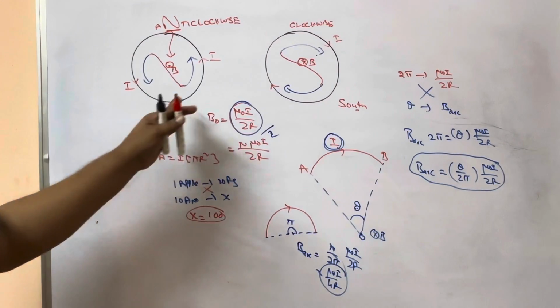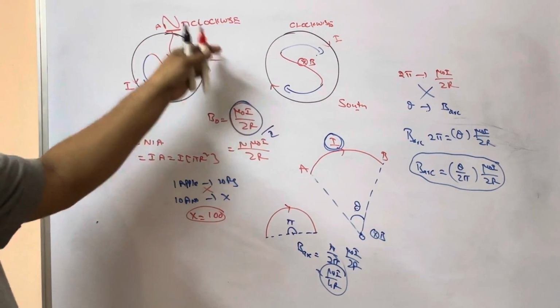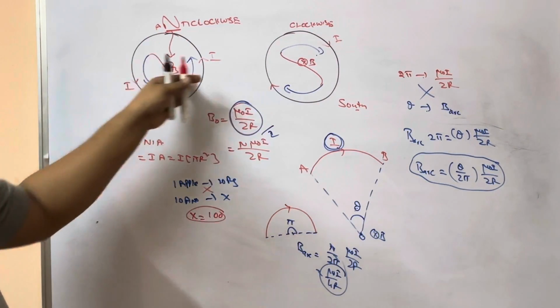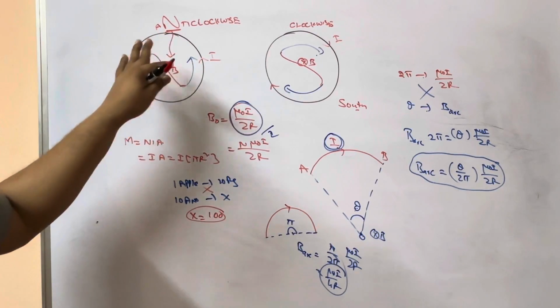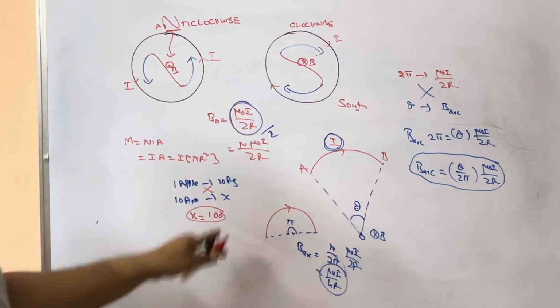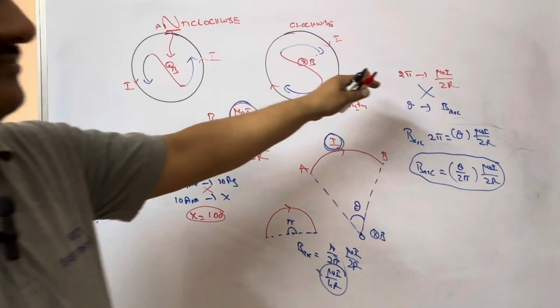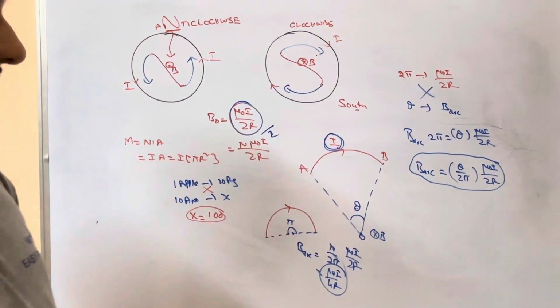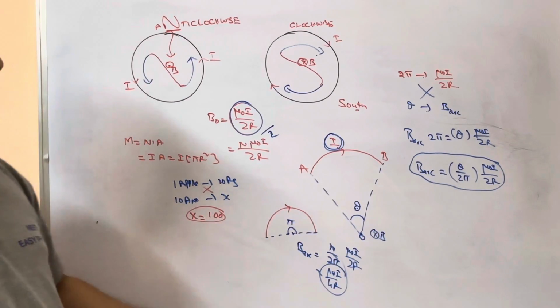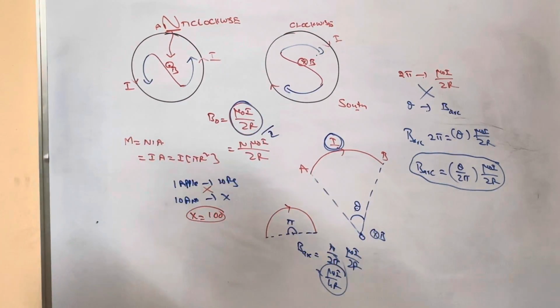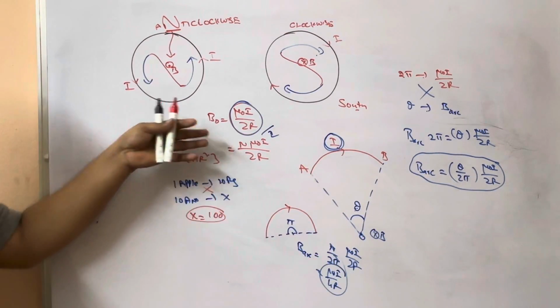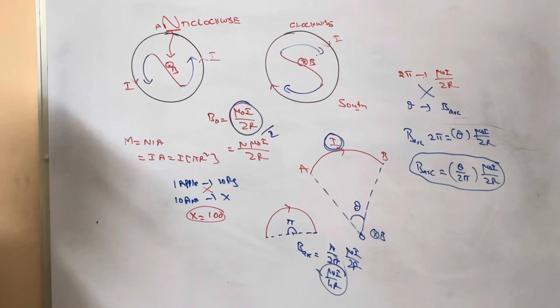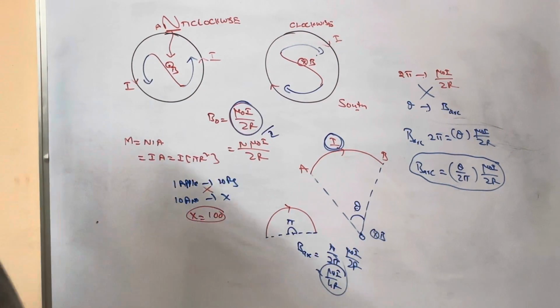So these are the directions, and if current is passing anti-clockwise, how the coil will be acting as which pole, and what are these directions, what is the magnetic field at center, and what is the magnetic field due to arc shape if it is semicircular. So 1/4 like that, any arc or curved coil we got formula. So by using these formulas